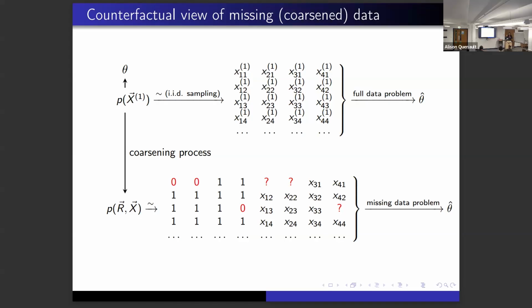And then missing data has this extra wrinkle where an evil gremlin messes around with my distribution and puts question marks based on the observability indicator. We want to capture the gremlin's misbehavior by thinking of some sort of coarsening process that has something to do with R given all the variables. That leads me to an observed distribution. And it is from this distribution that my data frame actually comes from.